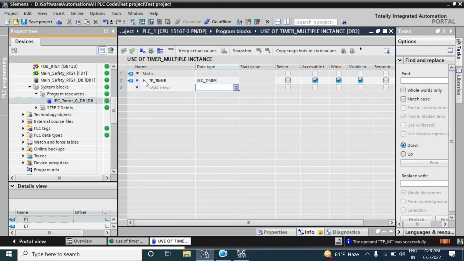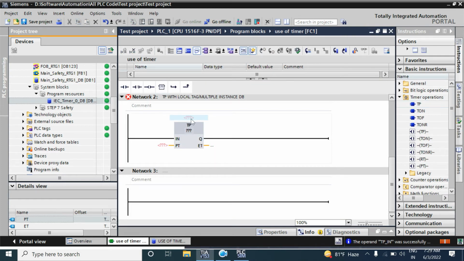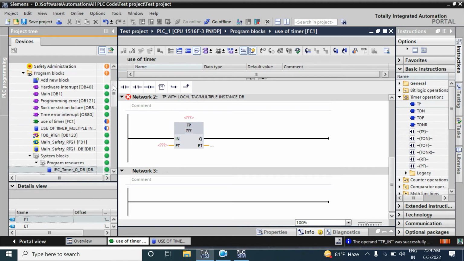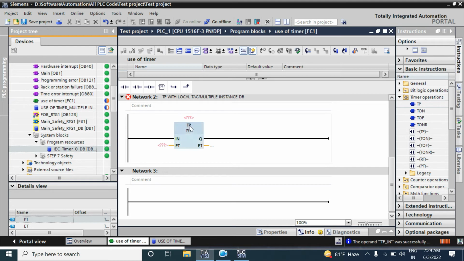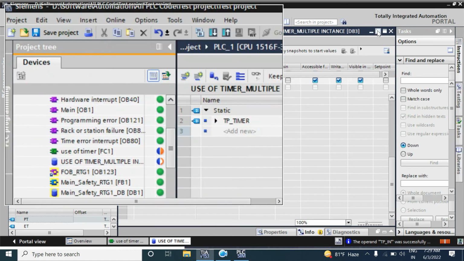So we don't need to create an extra DB or data block from your DB memory area. You can just create one data block and create a local tag. And okay, now I am